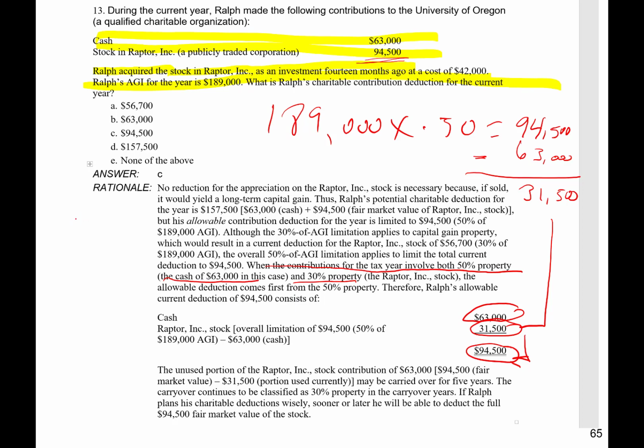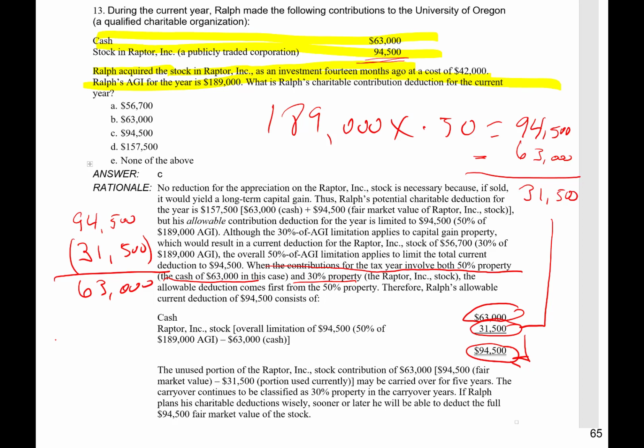So he still has what? He had 94.5, and he's limited to what? 30% that he can take on that. So 94.5 times 30% is going to give him what? I'm sorry, not 30%, but he already took what? He already took 31.5? Okay. He already took 31.5. So he's got what? That's where they're coming up with the 63,000 that he has left, and he can carry that forward, right?